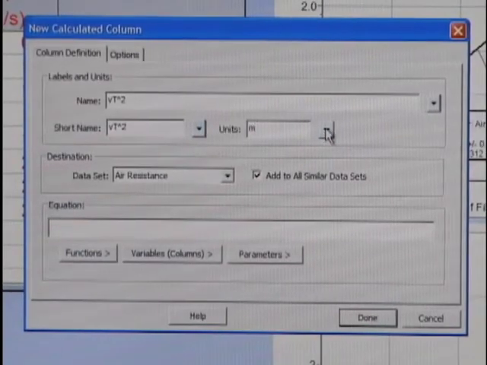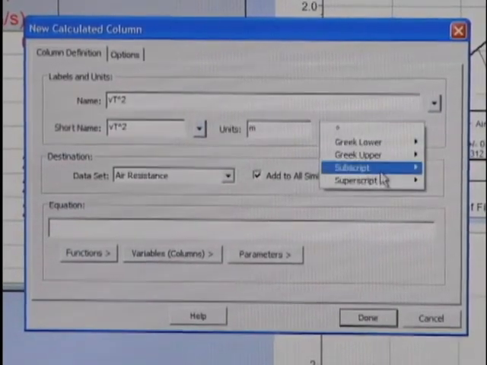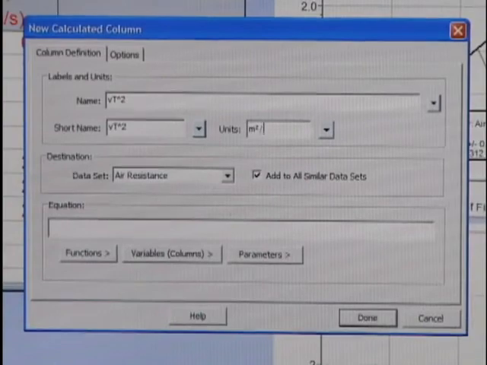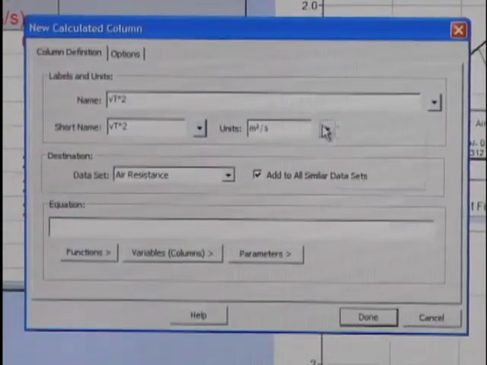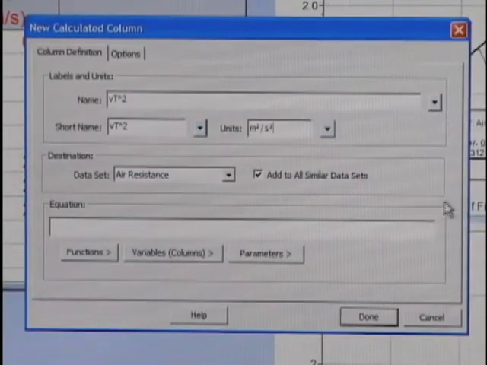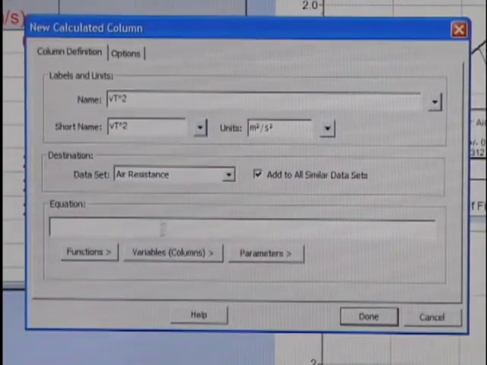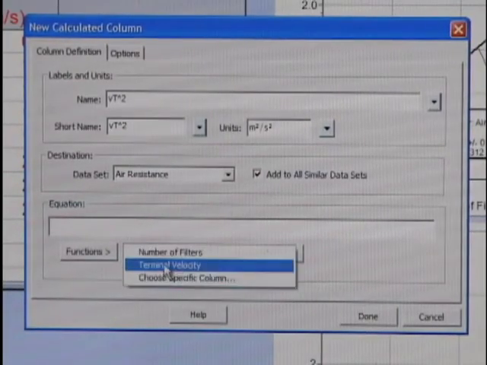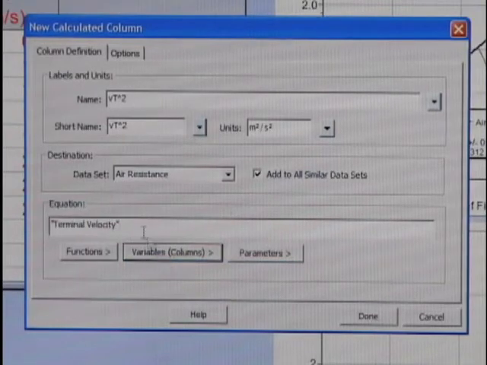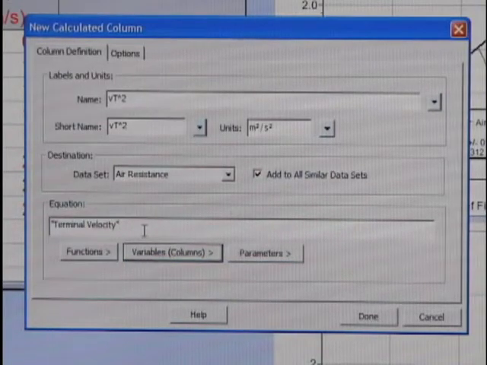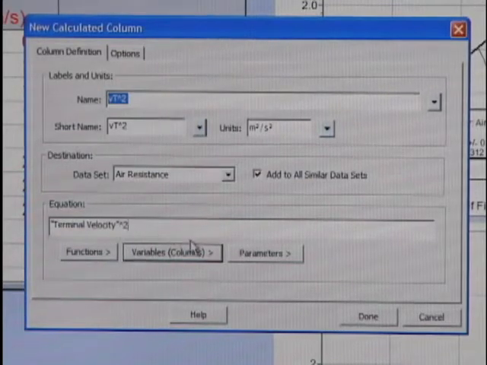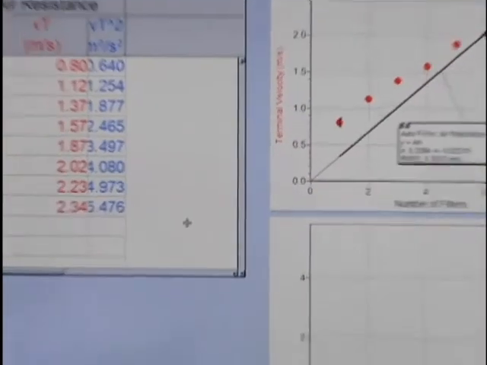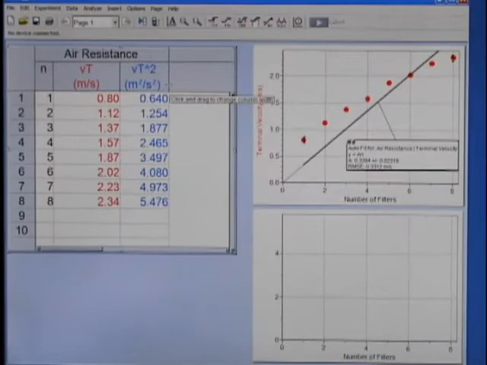Here's another little known feature of Logger Pro. These drop downs give you access to Greek characters and subscripts and superscripts. So here's a superscript 2, and I'll go divided by seconds and put in another superscript 2. Now, down in the equation field, I need to choose my existing terminal velocity column, which is right there. And my calculation rule is just to take the square of that. So I've got the terminal velocity caret 2, which means the terminal velocity to the second power, or the square. So I can click Done,